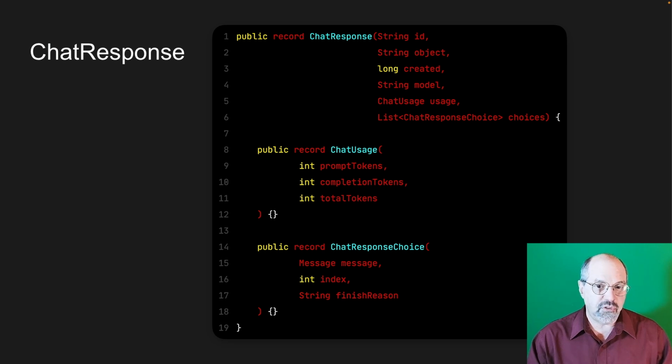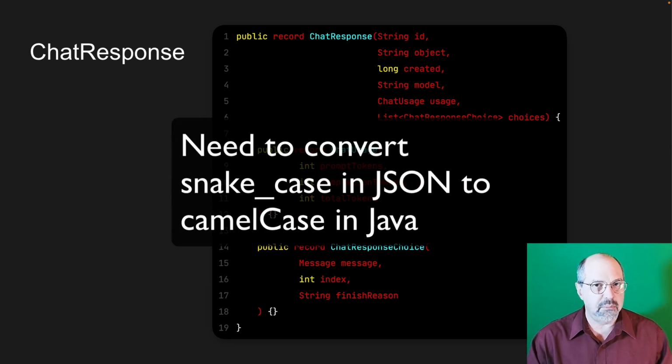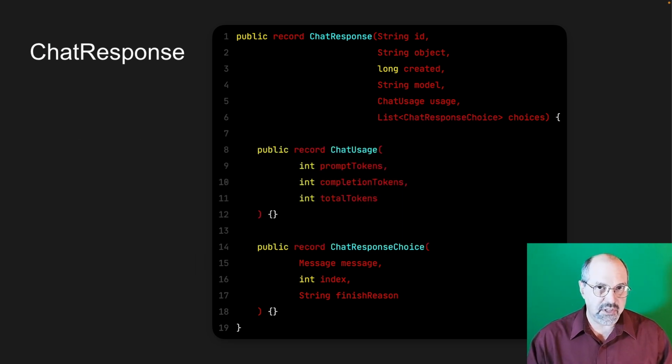The chat usage is just a wrapper for those 3 integers for the tokens, and the chat response choice has the message in it, which has got the content that we want, and the index, which will be 0, and the finish reason in case we want it. Notice how we are using camel case in many places in Java, whereas the JSON data is all based on snake case, so we do have to make sure that happens. So that is our collection of records, and now it's time to go to the code